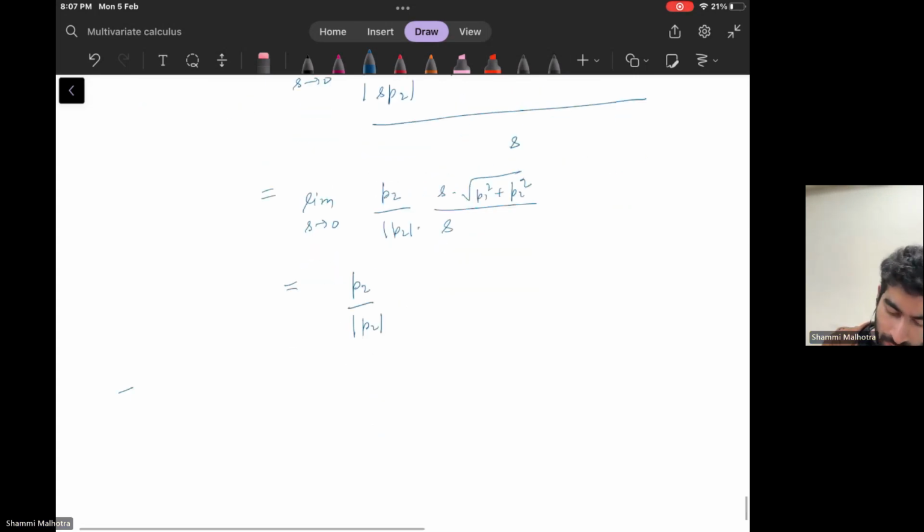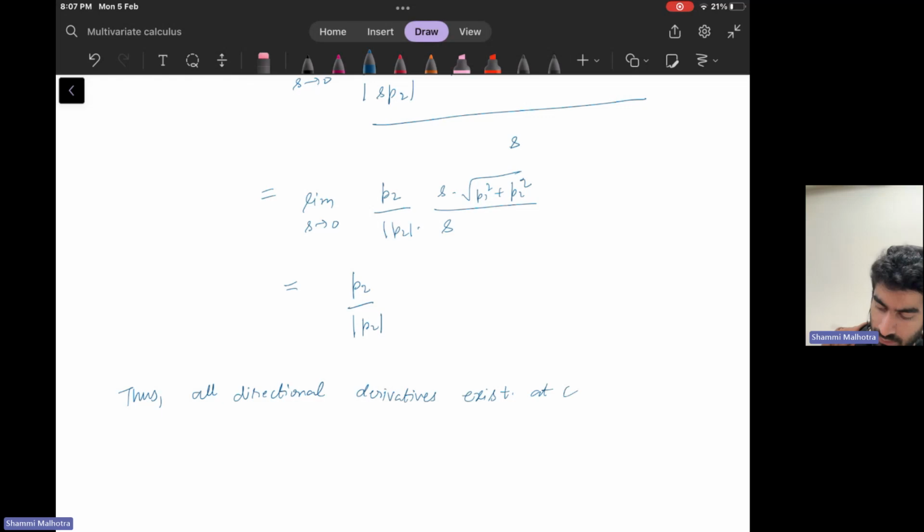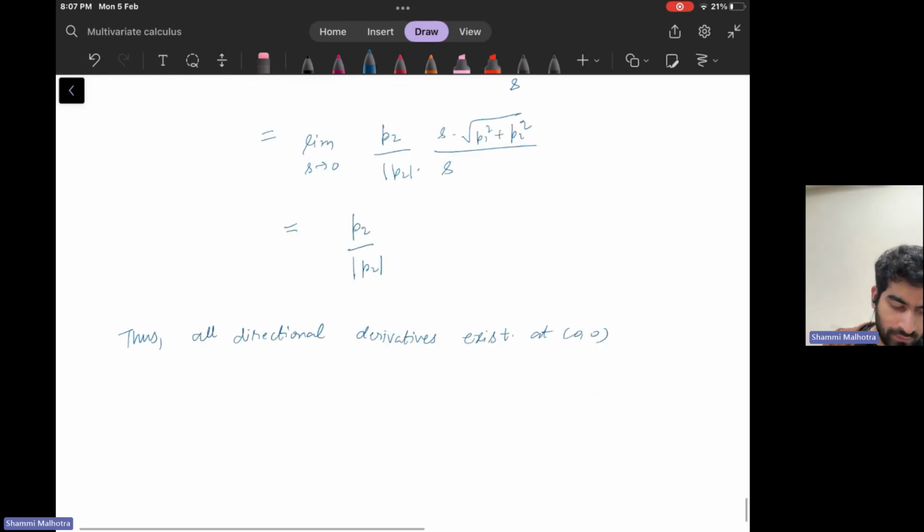So thus all directional derivatives exist at 0, 0. Finally, to check the differentiability,